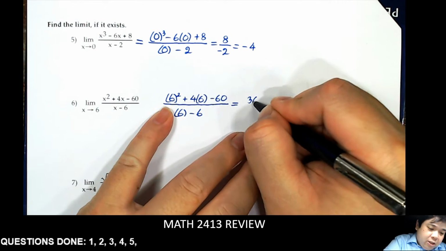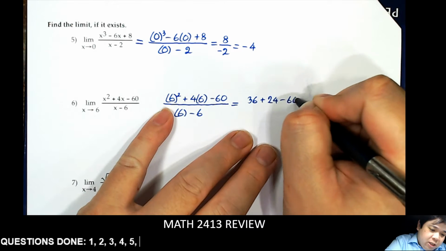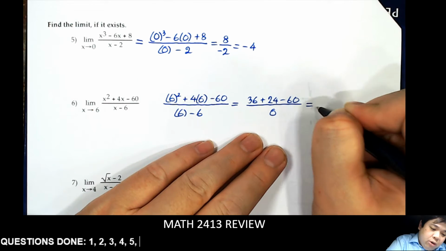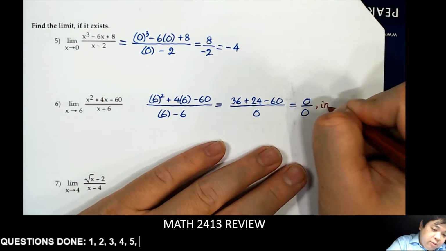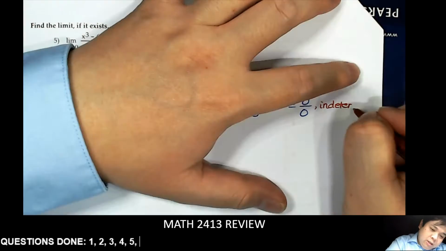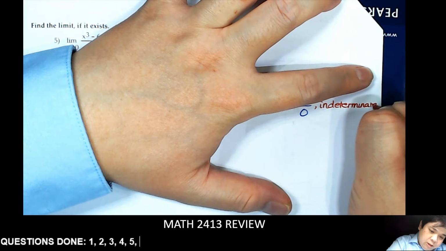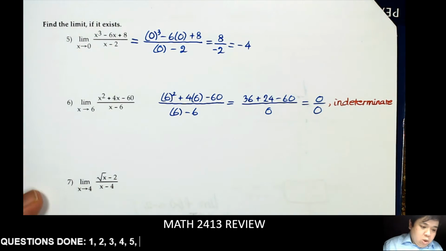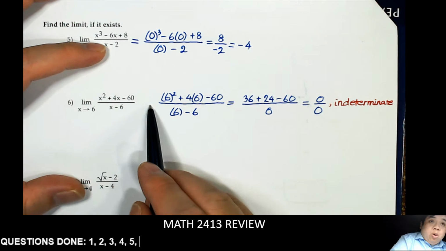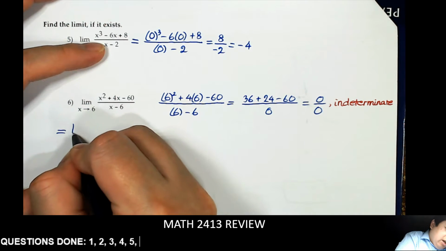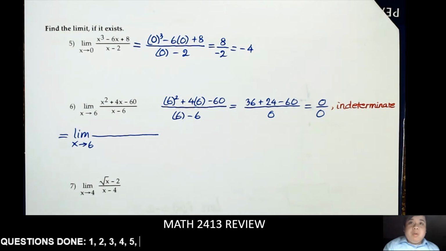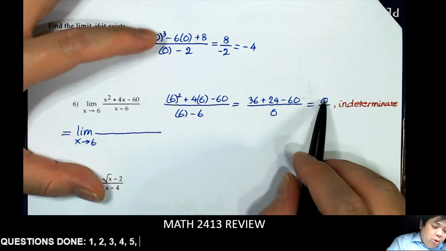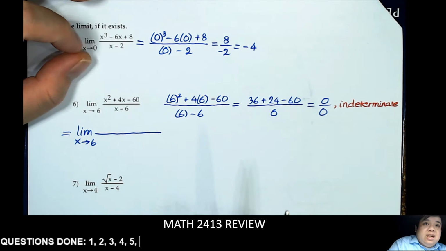Alright, so that is 36, 24 minus 60, and that is 0. So it looks like we have 0 over 0. 0 over 0 is one of the indeterminate forms. So in that case, it could be anything, so we don't write that equal to here. What we write is, even though it is 0 over 0, it doesn't help us much, but it helps us a little, because the numerator is equal to 0 when x equals 6, meaning that 6 is a zero,